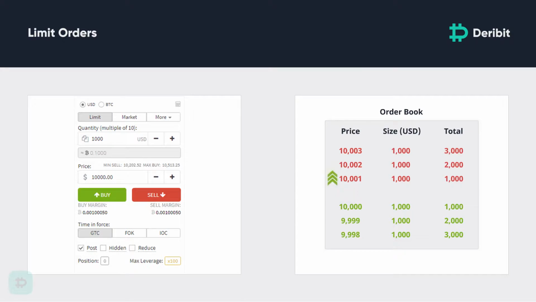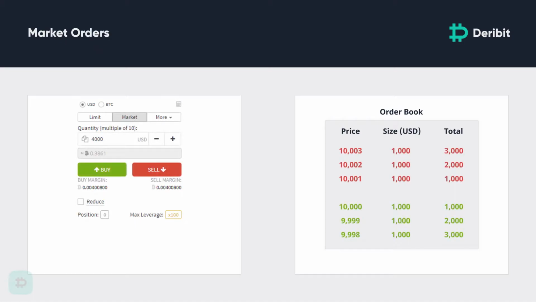If the market moves upwards away from your buy limit order, you will be missing out on the upwards price movement. If you don't want to miss out on any movement, there is a way to get on board straight away by using a market order. However, using a market order comes with its own disadvantages. A market order will execute immediately at the best bid for a market sell or best ask for a market